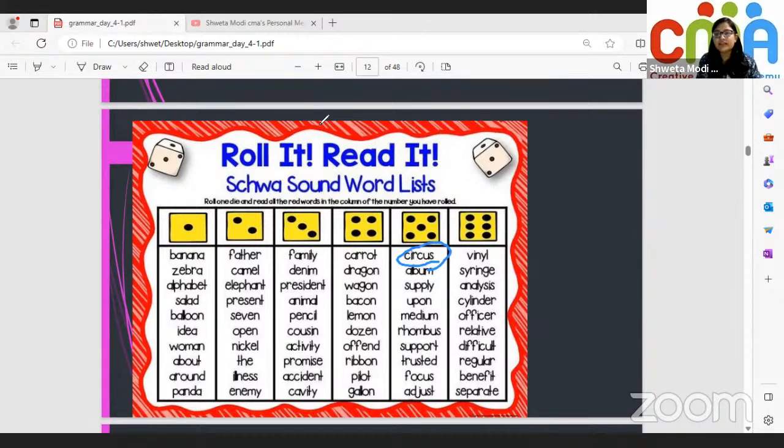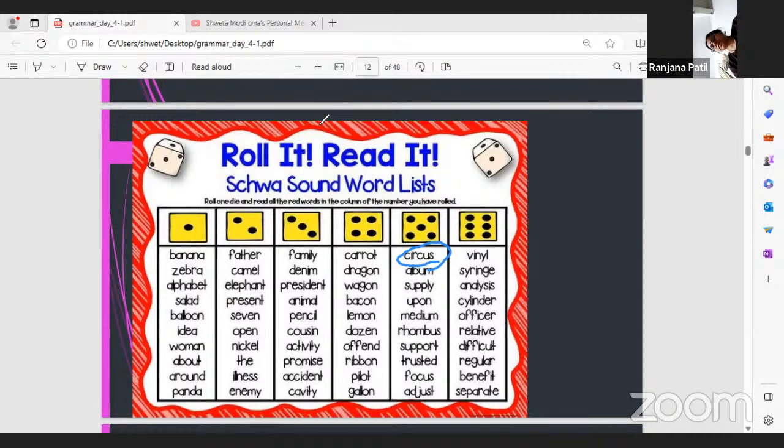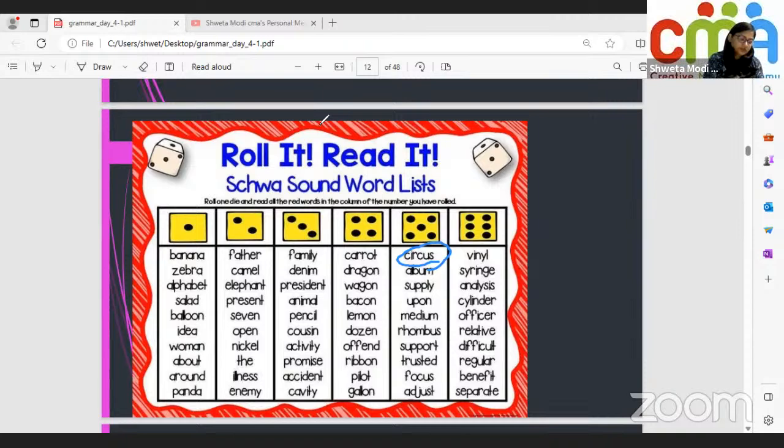No, I'm not asking number of syllables. I'm asking which vowel is going unstressed. In the word circus, which vowel? When you type on Google circus syllable or pronunciation, you will find